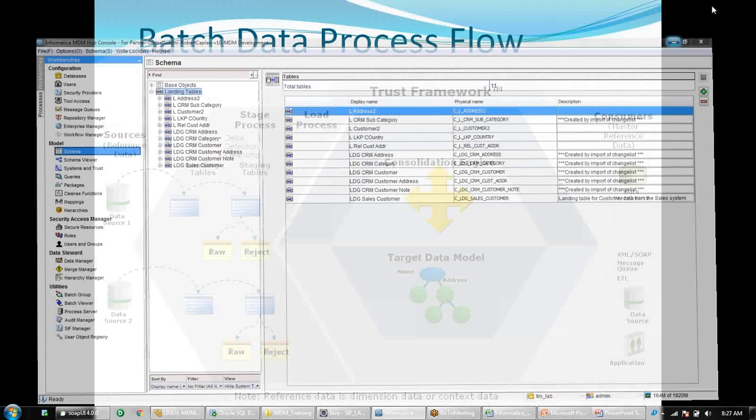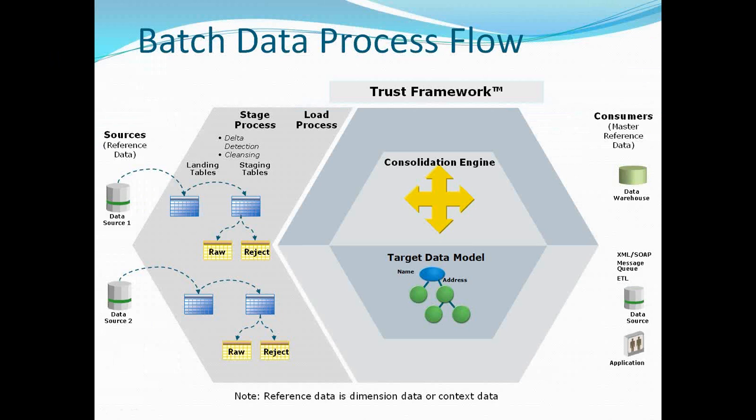So that is basically the first table, the landing table, and once the data is there in the landing table, only then do we start the processing. The next process is the stage process. After the landing is done, the first process in MDM is the stage process. What the stage process does is it pulls the data from the landing